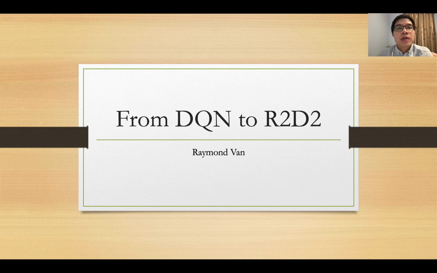In this presentation, I'll be talking about how DQN, or Deep Q networks, a reinforcement learning algorithm, has evolved over time to give rise to more powerful and robust deep reinforcement learning techniques like the R2D2 agent, which stands for Recurrent Replay Distributed DQN. I will start off with an intro to RL and then gradually work our way up to a high-level understanding of the R2D2 agent.